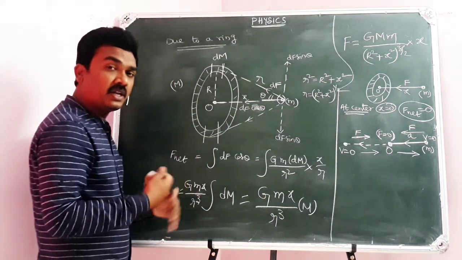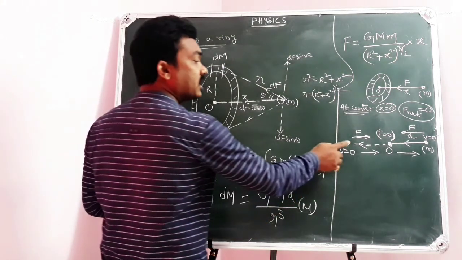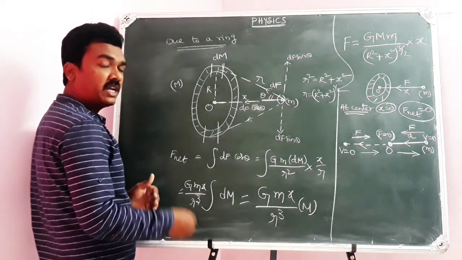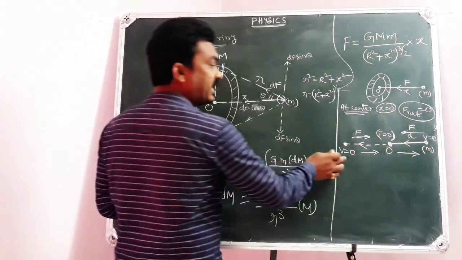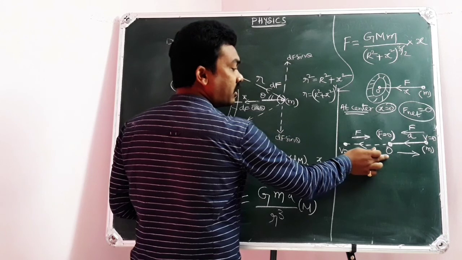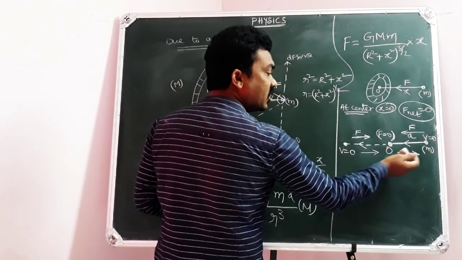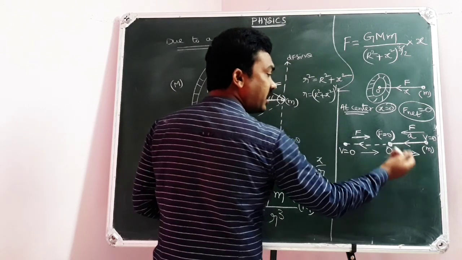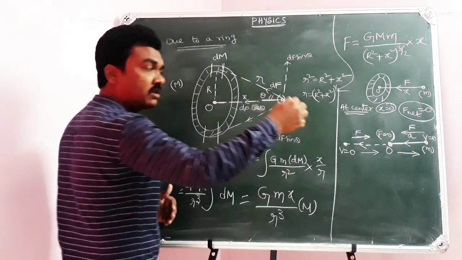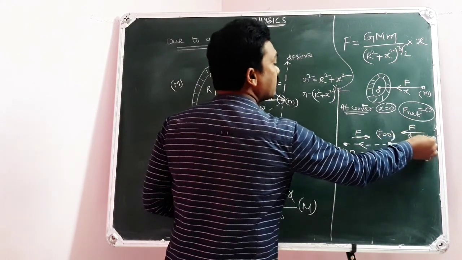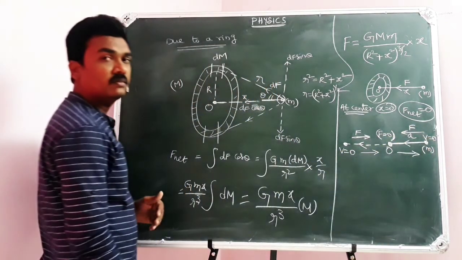Why will it restart its journey? Because there is a continuous force of gravitation towards the center. So again it will return to the center. But at the center it will not halt. Because of inertia, it will continue to the other side. Once it has gone to the other side and is moving away from the center, it will experience force of gravitation towards the center. So again the particle will come to rest.